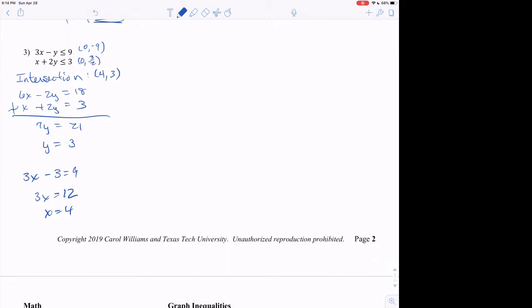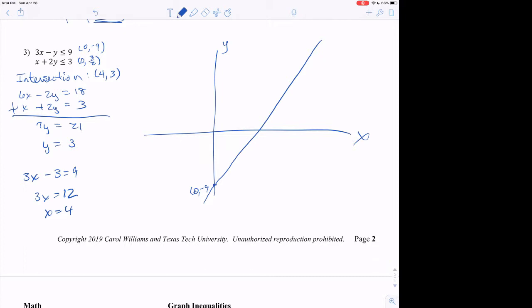So if I graph these lines, then I have negative 9, I have 0, negative 9, and then for this one I have that, where this point right here is 4, 3, this point right here is 0, 3/2,